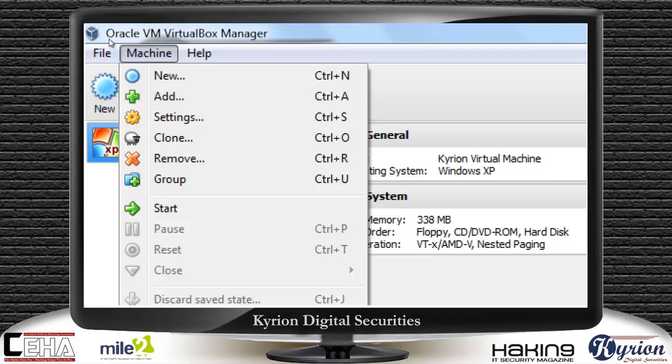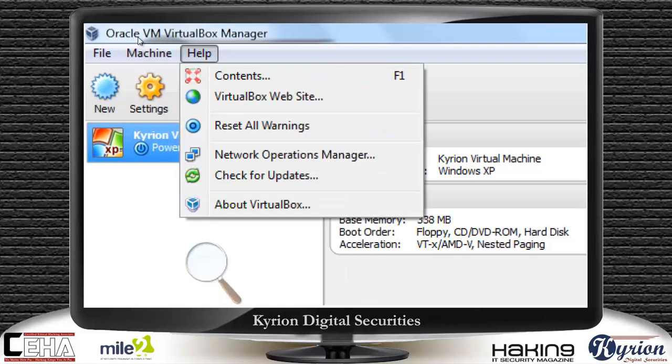Then Machine: new, to create a new virtual machine, to add an existing machine, and there are lots of settings. You can even clone your virtual machine, remove a virtual machine, group virtual machines, and start any virtual machine. The next is Help, having some help related to virtual machine software.